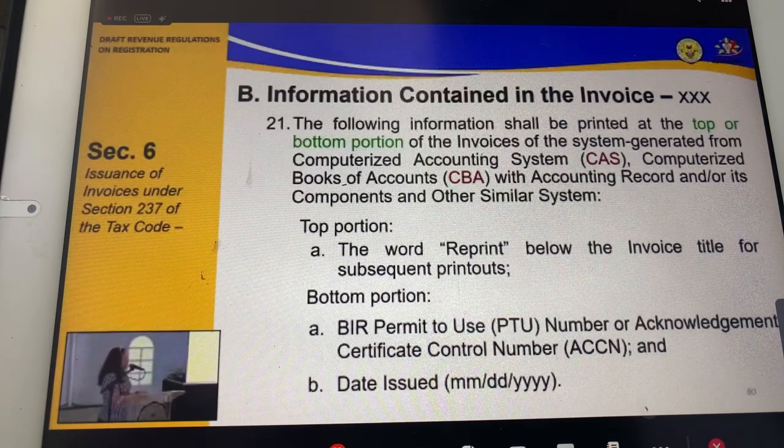For computerized accounting system, mayroong mga reprint na gagawin. There should be the word reprint that will have to be